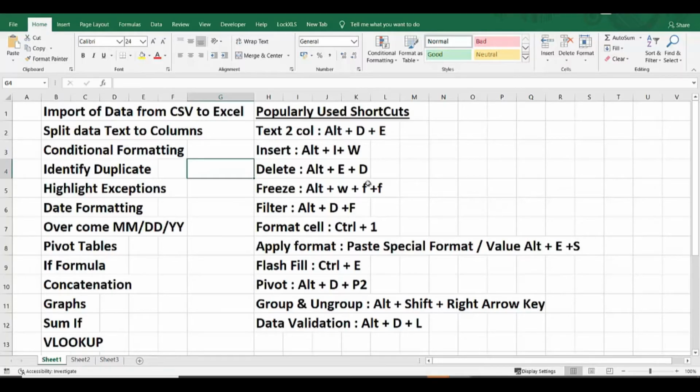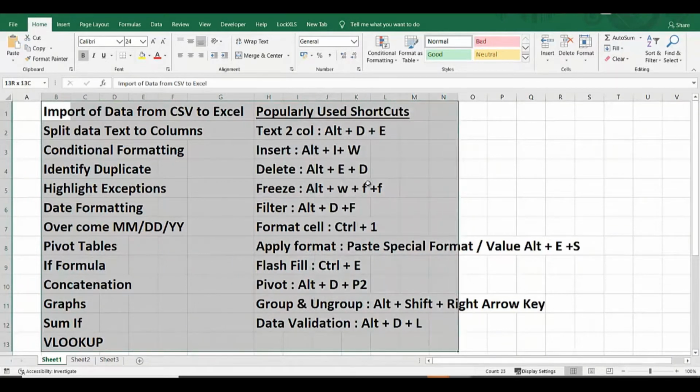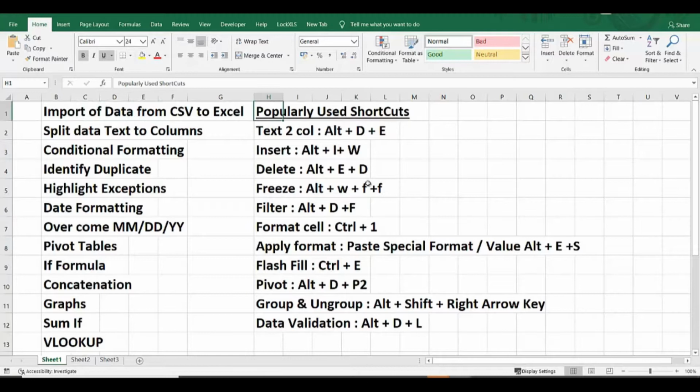Microsoft Excel is the most important tool for financial analysis. It is safe to assume that financial analysts are masters in Excel shortcuts and formulas. We are starting a video series on Excel, and in this series, we'll learn some of the most frequently used functions of Excel in practical situations.